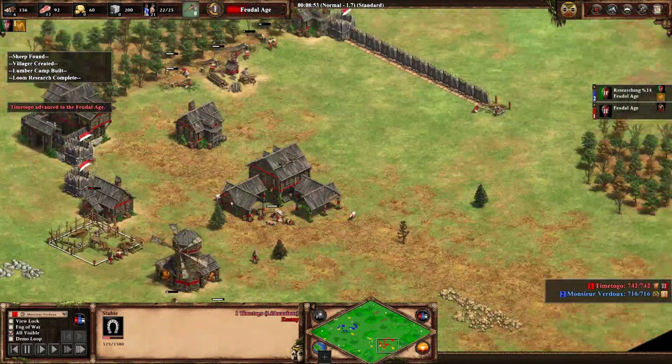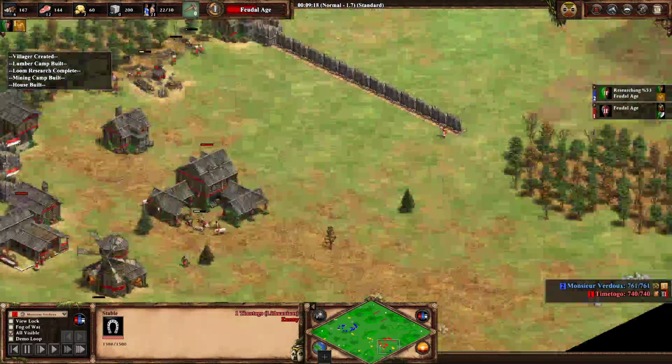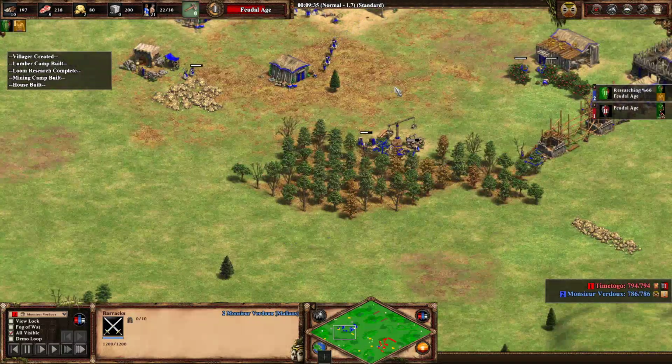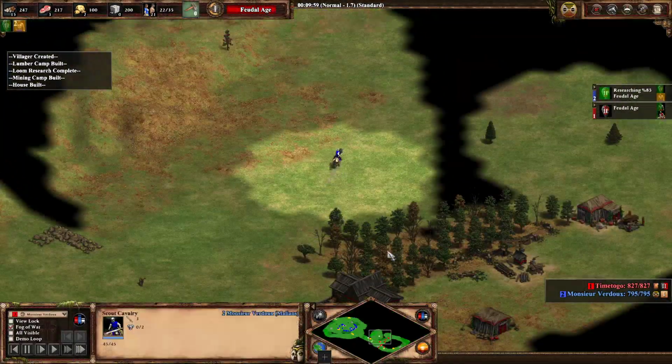When your opponent's walling like this, it's always tough to decide what to do. Because if he manages to full wall and just go scouts, you kind of want to have men-at-arms banging on the walls or something, but... In this case, I think, do you know he's going scouts? Yeah, you do, so...